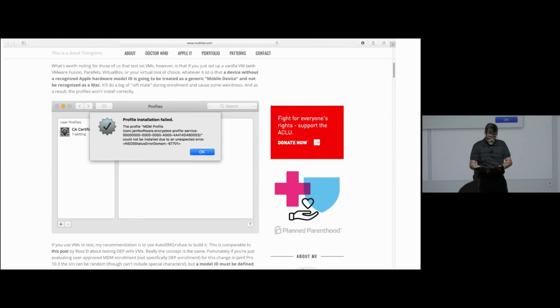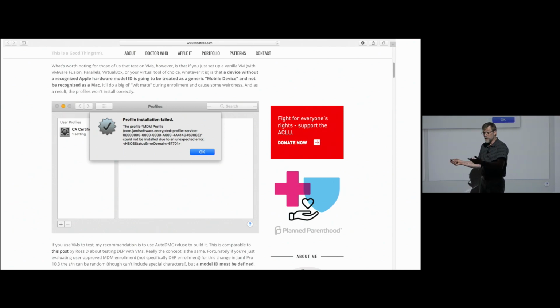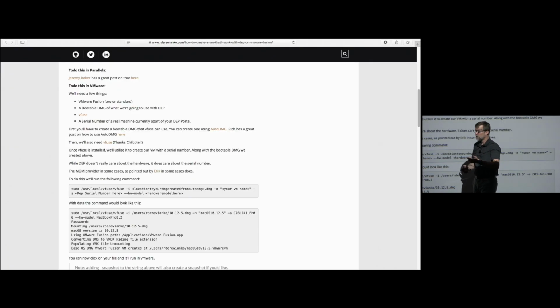Emily has a great article up at modtitan.com about testing your workflows in VMs. She ran into an issue where the profile installation failed because her VM didn't have a hardware model associated with it. So she figured out, hey, I have to set a hardware model for my VM, and here's how you can do it. She pointed to another blog post by Ross about setting the serial number in your VM when you're testing out